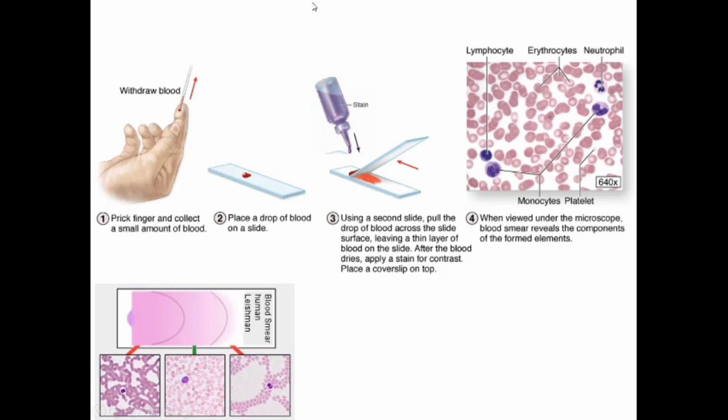For seeing the blood under the microscope, we don't need any tissue sectioning or tissue cutting by a microtome. We just need a drop of blood on a slide, then spread it into a thin layer with another slide. After fixation, we can stain it with some special dye. Usually this kind of dye is a mixture of the acidic, basic, and sometimes the acidophilic dyes